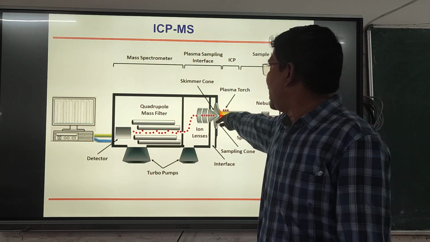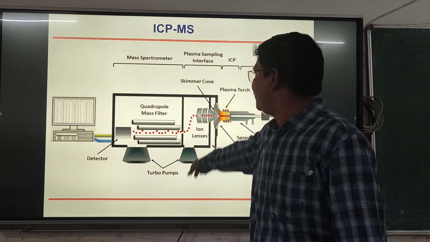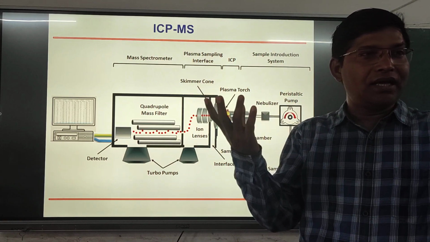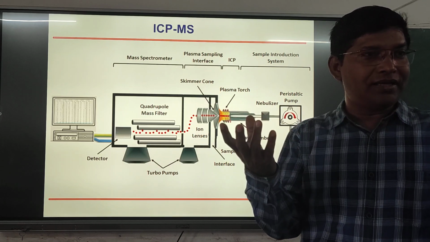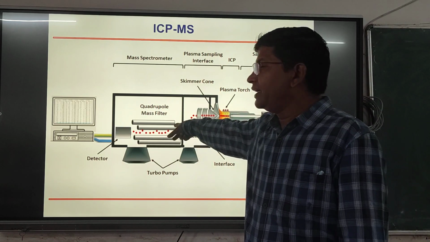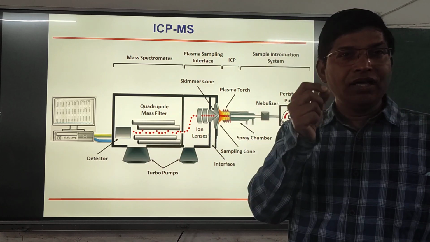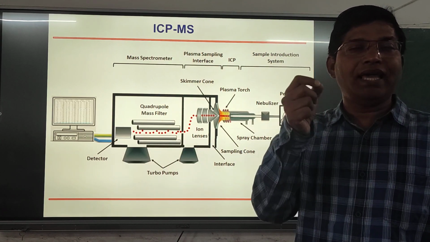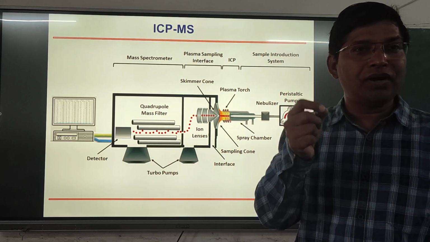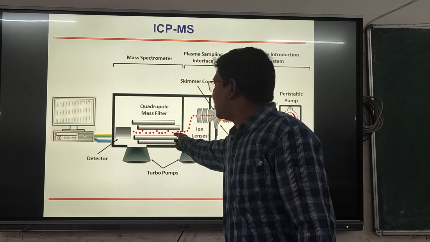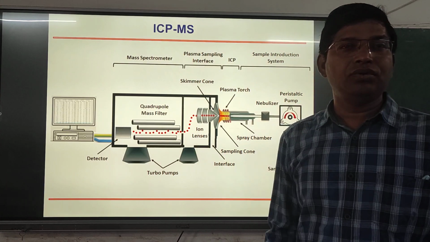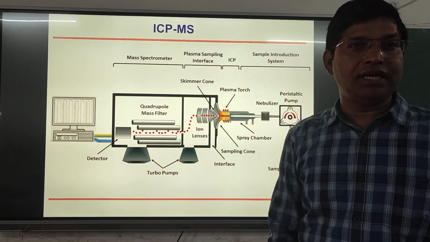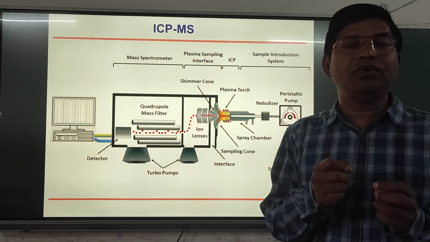Okay, when the gaseous elements pass over the ion source, again all the elements will get ionized. But in the quadrupole, only those particular elements that you are going to analyze pass through. Like if you want to analyze copper from the sample, only the copper will pass through that quadrupole mass analyzer.